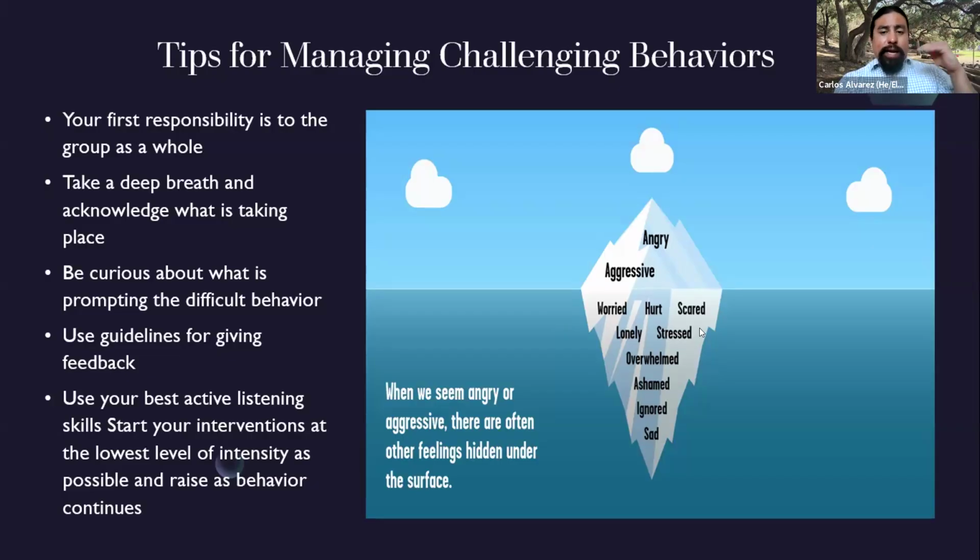And so as we go down this iceberg, is there a sense of being overwhelmed, being lonely? Remember, you can be in a group full of people and still feel completely lonely. That's real talk. Loneliness is an epidemic in our world. We just don't talk about it as much as we can. Is there shame? Is there trauma? Did something just happen? Maybe the person is grieving the loss of something or someone and is still trying to process that.